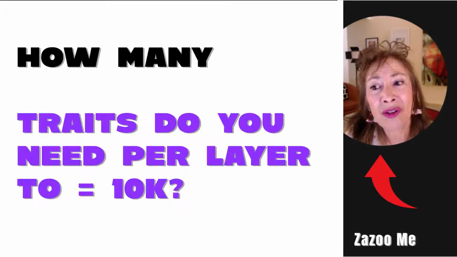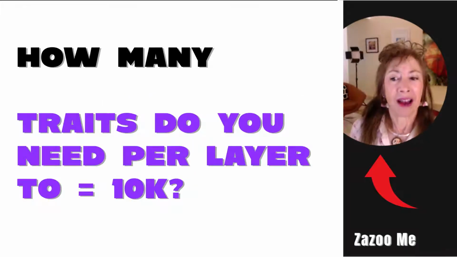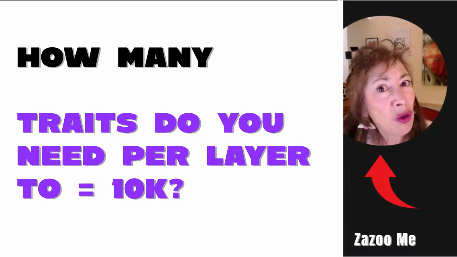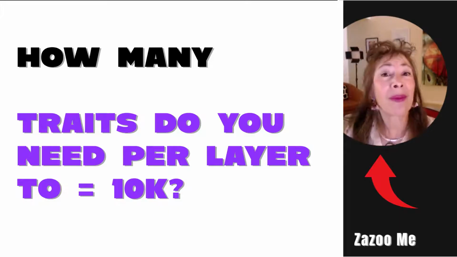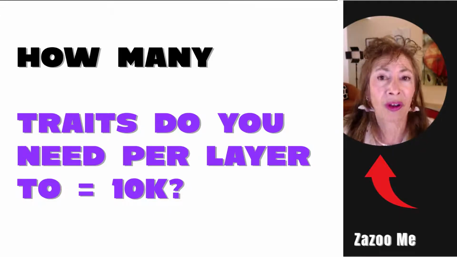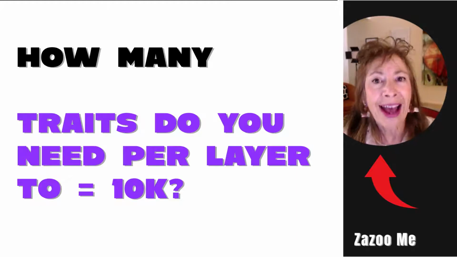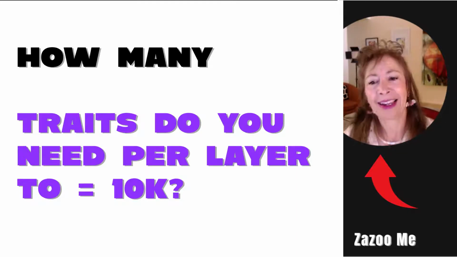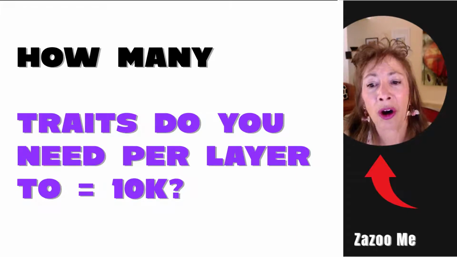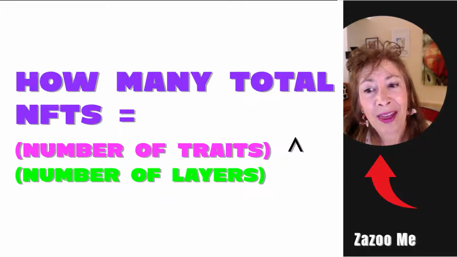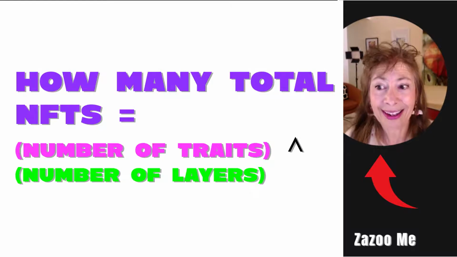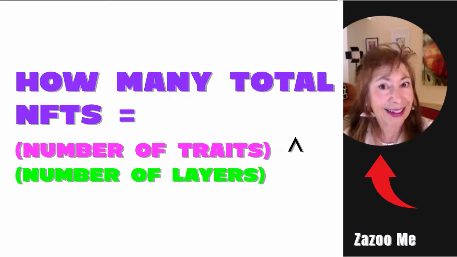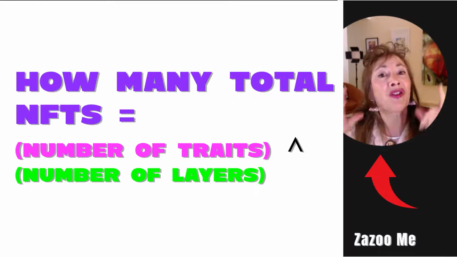The way that you do that is to decide, do you want a 10K project? Do you want a 5K project? Maybe it's a 1K project. Maybe you're doing 100 total. You want to figure out first exactly how many of those you are going to do. The reason for that is you are going to be multiplying your traits with your layers to get the total